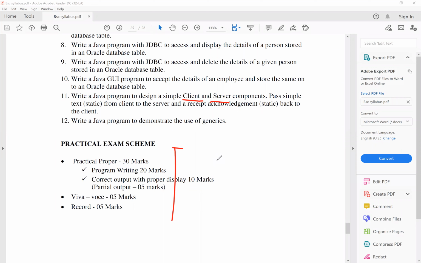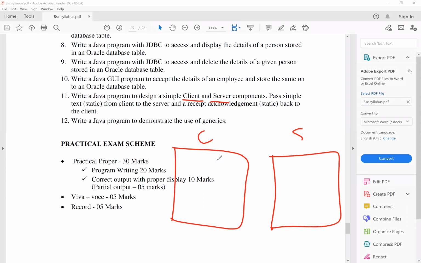We need to have a client program and a server program. Then we need to pass a simple static text message from the client. Here we are sending any message.